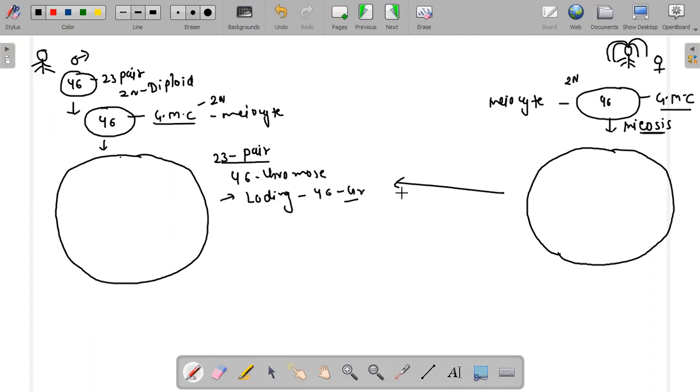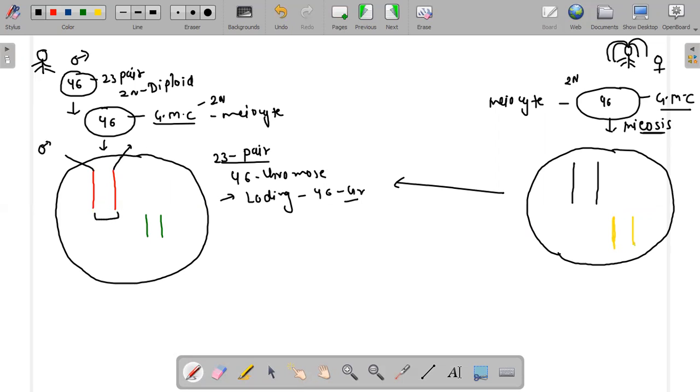Now, instead of 46 chromosomes and 23 pairs, I can draw only 2 pairs here. So this is the first pair of chromosomes, and this is another pair, and here I'm drawing the first pair of chromosomes and the second pair. I'm not able to draw 23 pairs here because of the limited space. Now the father is getting this set of chromosomes from his father.